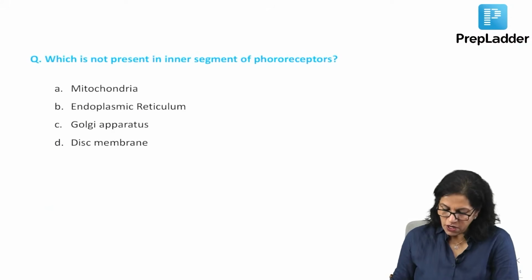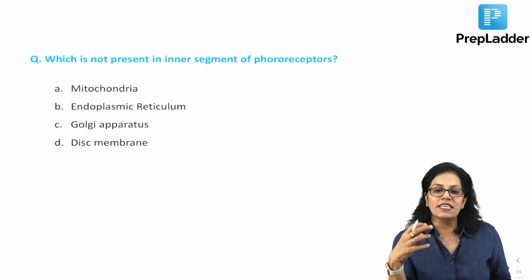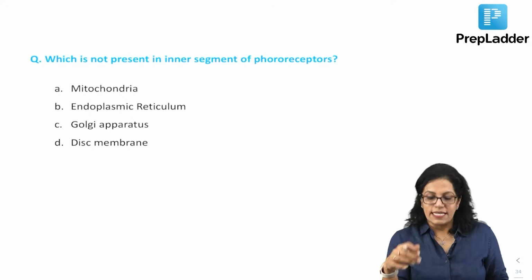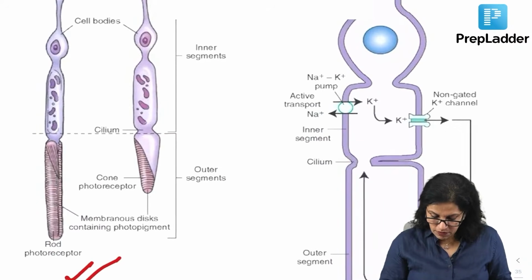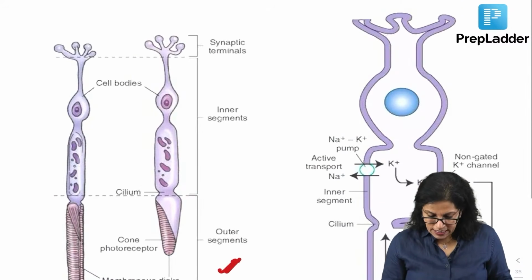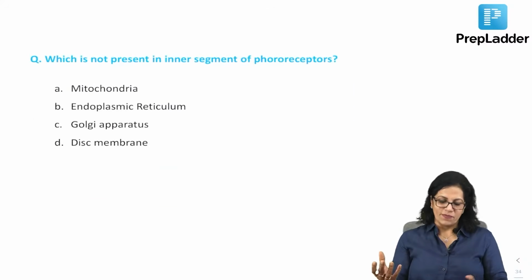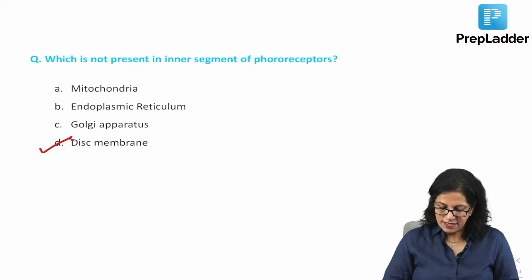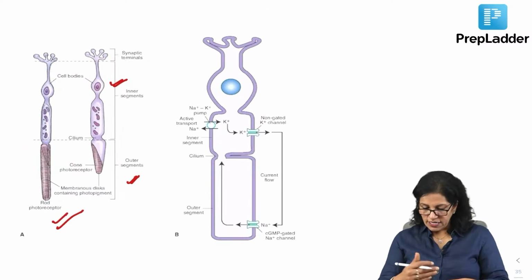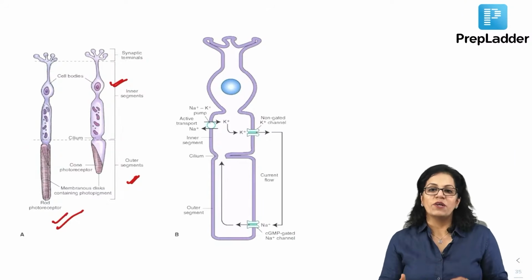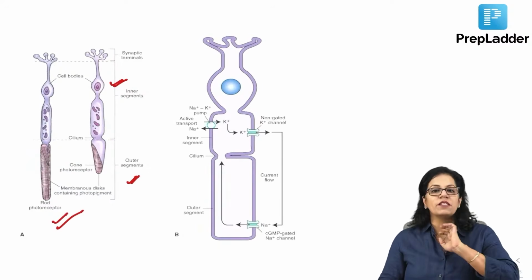We come to: which is not present in the inner segment of photoreceptors. I do not know if this is an exact ophtha question or not, but yes, the structure of photoreceptors, we all know outer and inner segment. If we go back to the structure, we know that the disc membranes are always present in the outer segment of the rods and cones, isn't it? And the inner segment has the cell bodies, and any cell body will have the Golgi apparatus and endoplasmic reticulum. Hence, our answer will be D. Simple? So, you just have to be familiar with the structure. And of course, everybody knows that there is a process of hyperpolarization, because of which the visual cycle works, just revise your visual cycle, how this hyperpolarization is causing the impulse to travel.